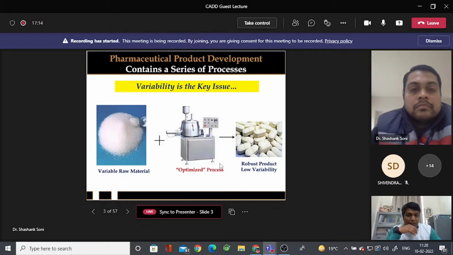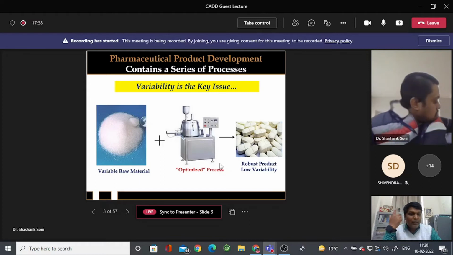These process parameters: how much humidity should be there, how much temperature should be there, what should be the pressure of the punches, whether the machine is B type tooling, D type tooling, BD tooling, DD tooling. These are going to affect the final quality of the product. Therefore, variability. और जब हम इसमें फंसते हैं, मेटफॉर्मिन के साथ सबसे बड़ी प्रॉब्लम है, for metformin tablets the disintegration